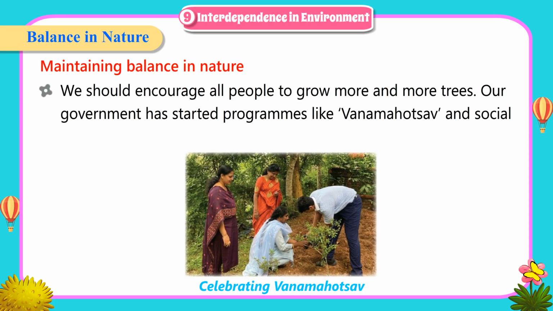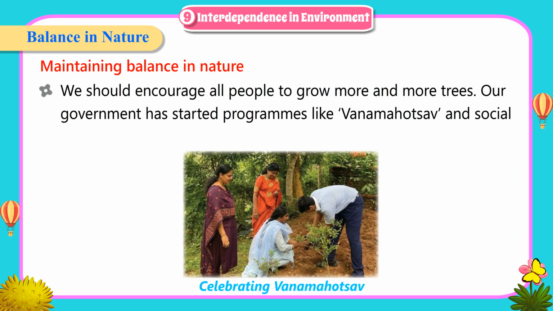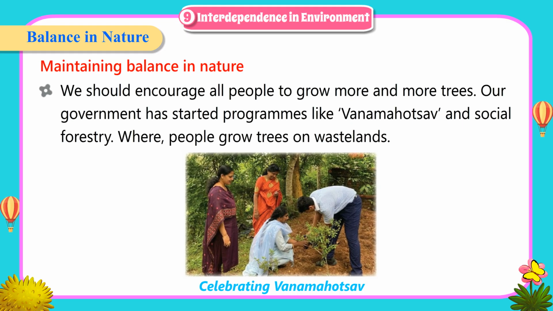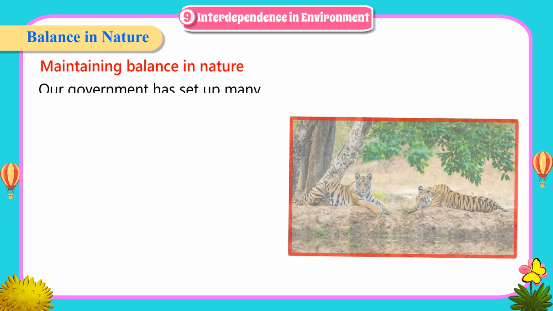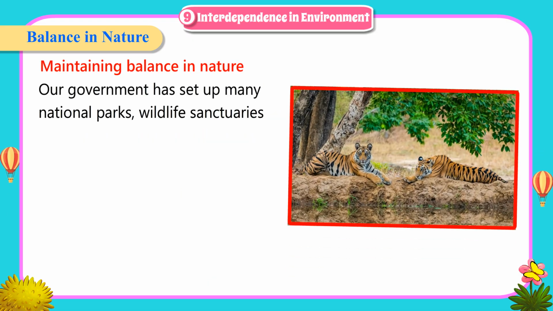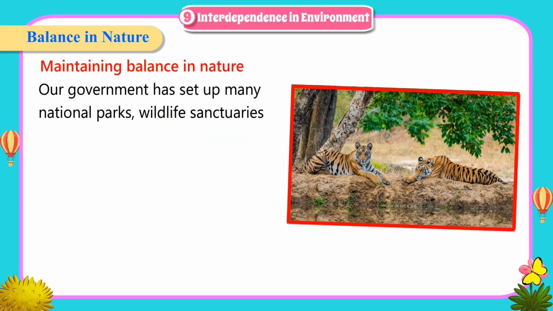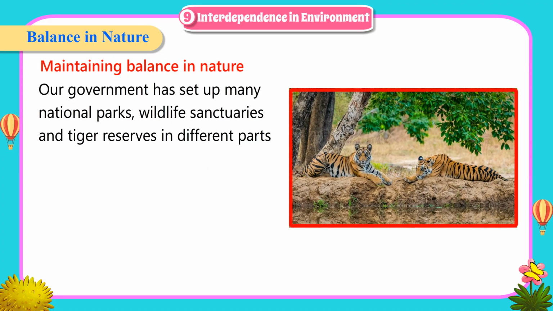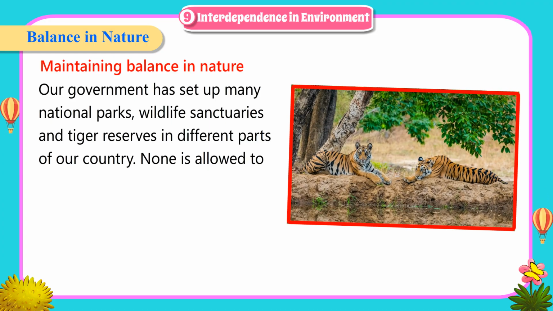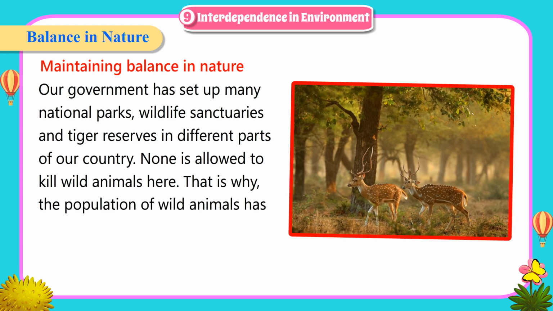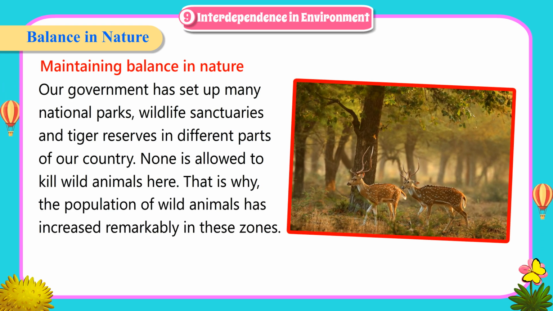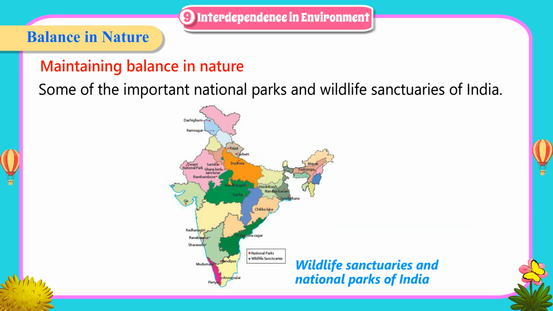Our government has started programs like Van Mahotsav and social forestry, where people grow trees on wastelands. Our government has set up many national parks, wildlife sanctuaries and tiger reserves in different parts of our country. No one is allowed to kill wild animals here. That is why the population of wild animals has increased remarkably in these zones. Some of the important national parks and wildlife sanctuaries of India